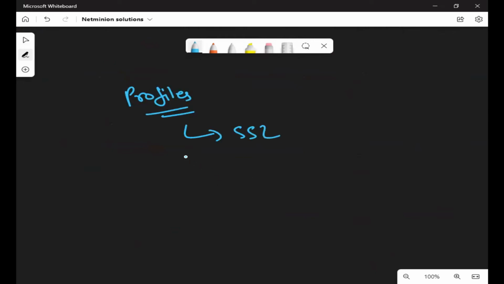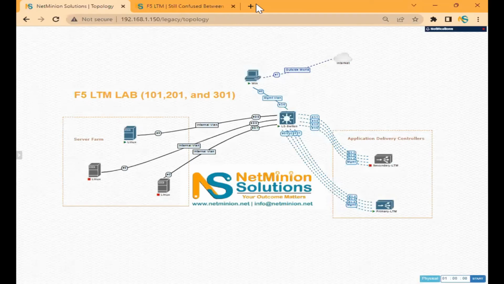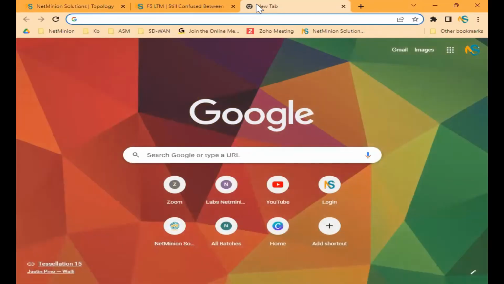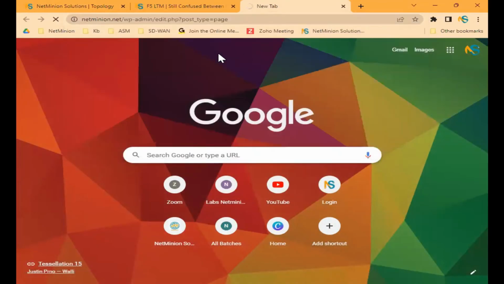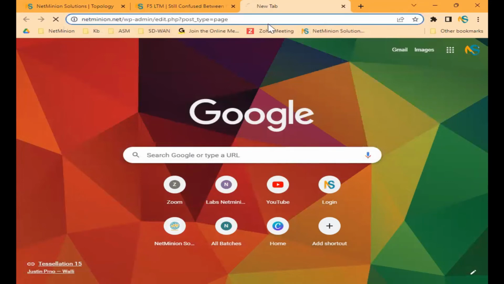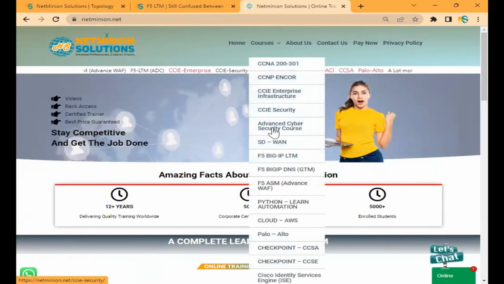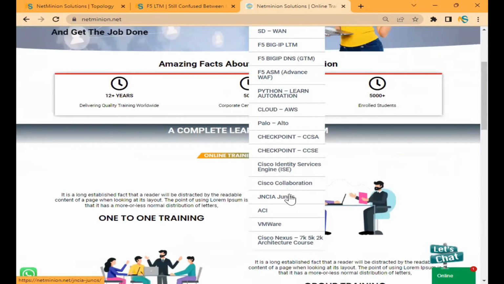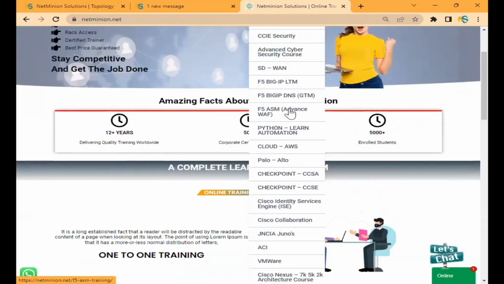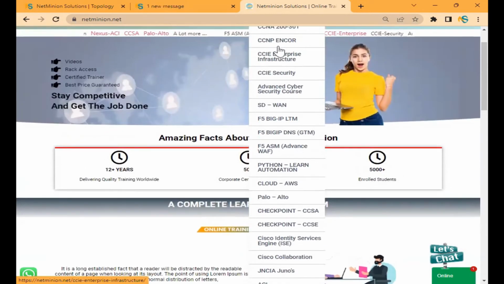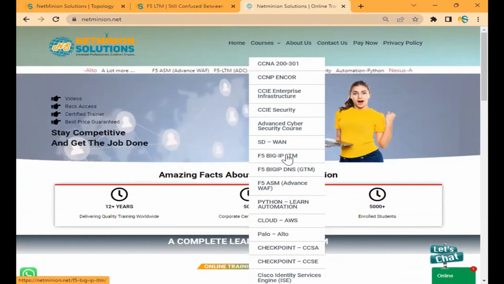Can you please share the syllabus and what you are going to cover? Why not. Although it is there on the website, please go to netminion.net. Not only F5, you can go with any of the syllabi, maybe CCIE, SD-WAN, cybersecurity, whatever you want.